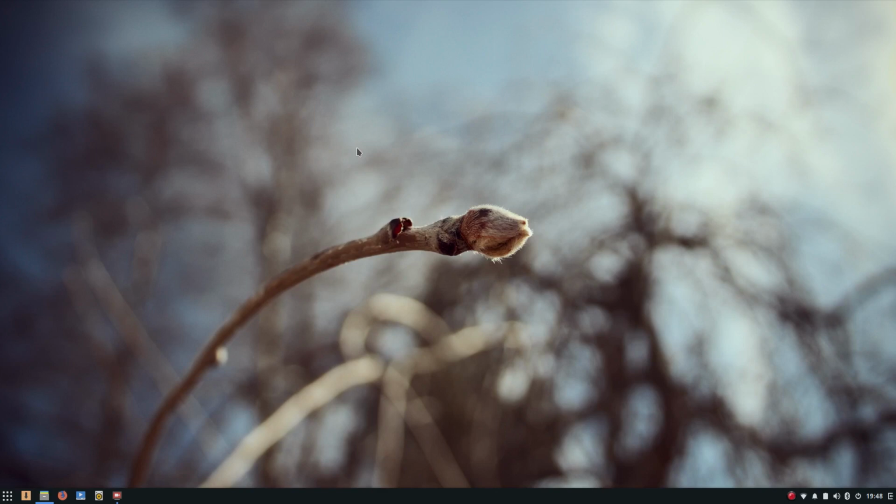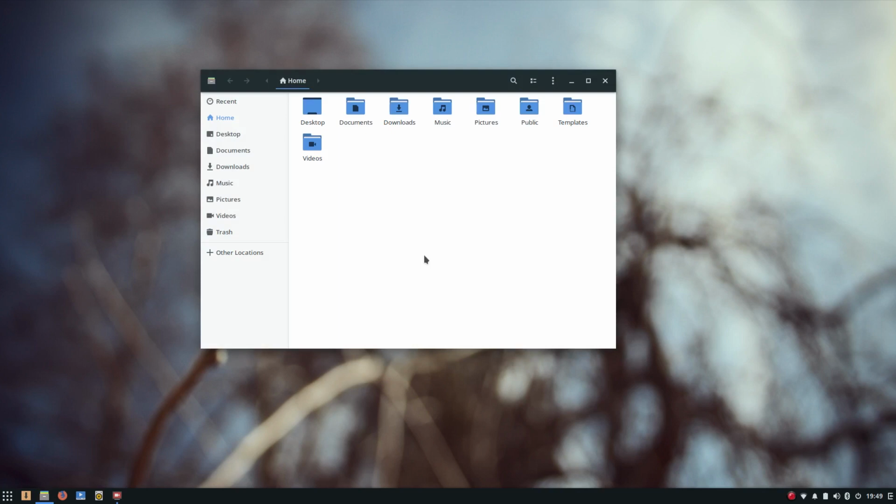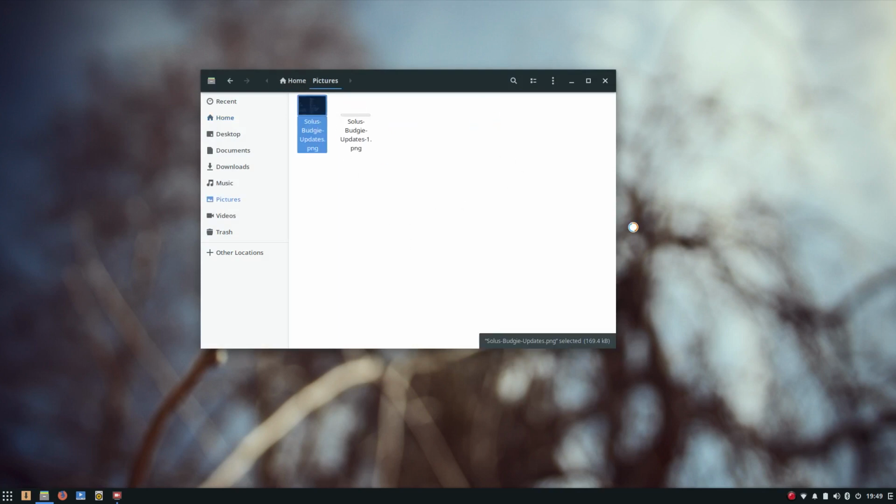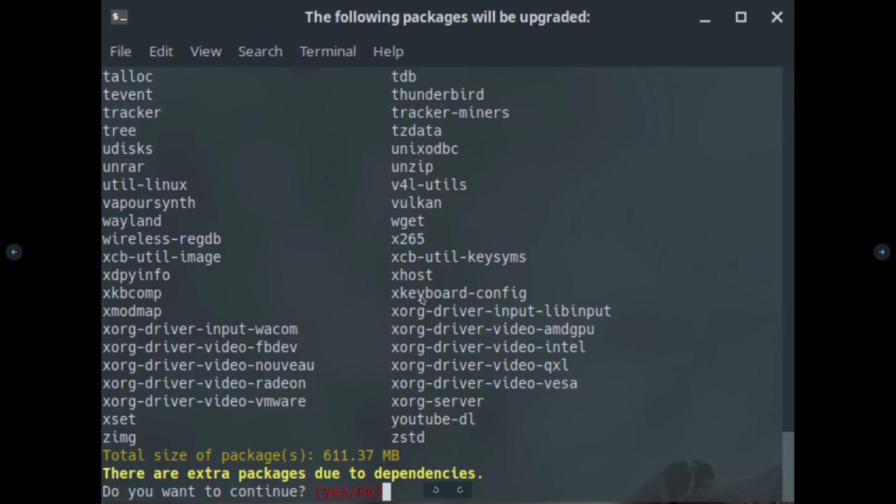We are on the desktop of Solus Budgie, Solus 3.9999 Budgie Desktop. I was going to record the install of Solus Budgie. However, I came across a problem with the live disk. And the problem was, if we have a look here, unfortunately there was